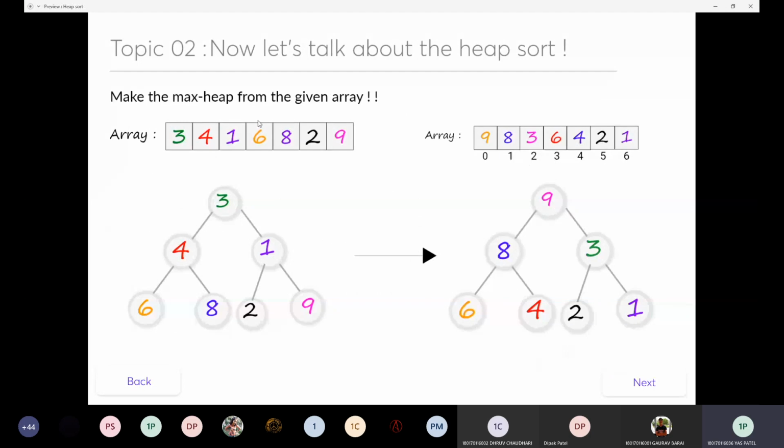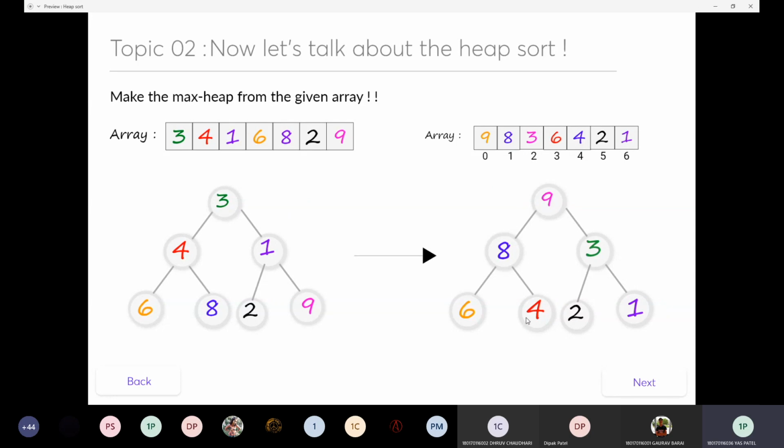Let's take the array. This one is our previous array, and this is the tree. First you need to make a max heap from this array. From this array we have built this max tree. 9 is greater than 3, and so on. So the first step in heap sort is that you need to build a max tree.